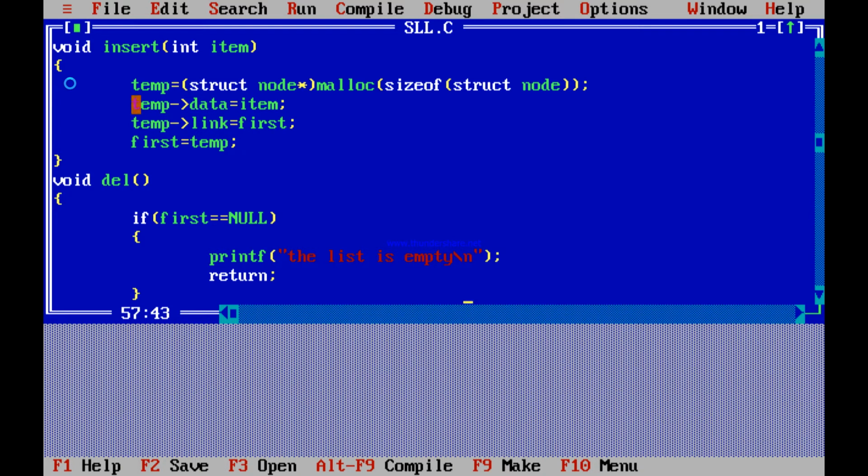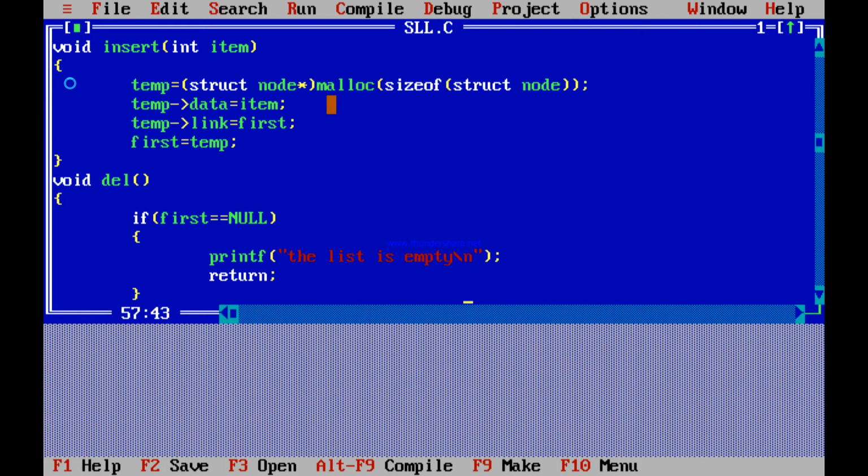Now we are using the temp variable to set data to item. Using the temp variable we are going to initialize the data, and the link of the next node. So temp of data, the first node's data, is equal to item. The first field, that is data, is equal to item, because the item which we will be inserting will be the data.